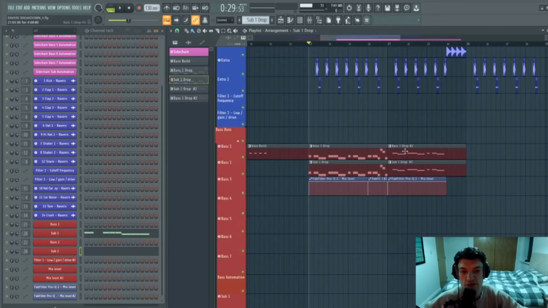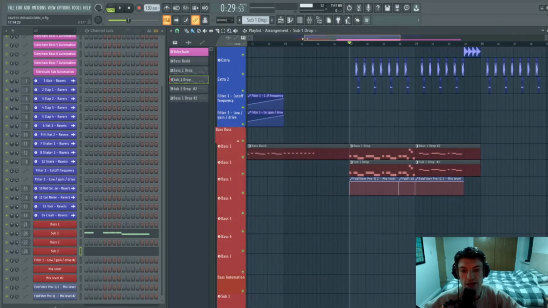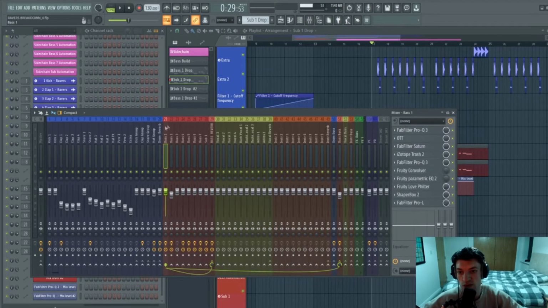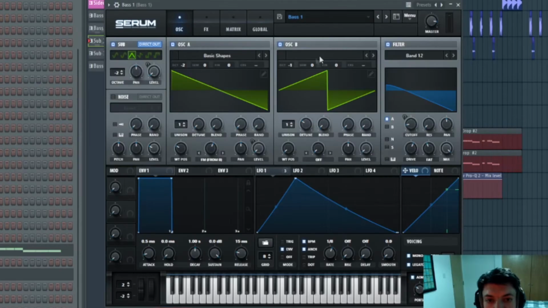Alright, so now that you've got the patterns down and you've got 4 Serums set up, I'm going to take you through how I created each patch. So for the first bass, if you've got my template, then feel free to add it to channel 21. And if we come to here, this is the bass sound. So it's basic shapes on wave position 2, and then it's just the default for oscillator B. And then pause the video and copy the settings that you can see,